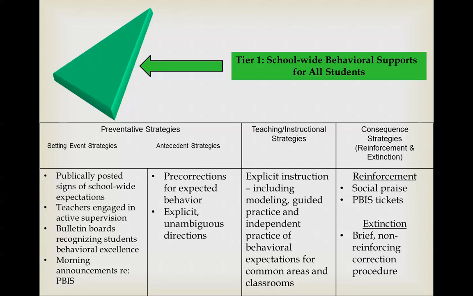So yes, I have to engage a non-complier to scaffold compliance, but I want to be sure that whenever I tend to noncompliance, I do so in a brief and unreinforcing way, because every time I direct my attention to noncompliance, the potential exists for my response to be experienced by the student as reinforcing, and I need to guard against that. Any questions about how the pathway is evident at Tier 1?